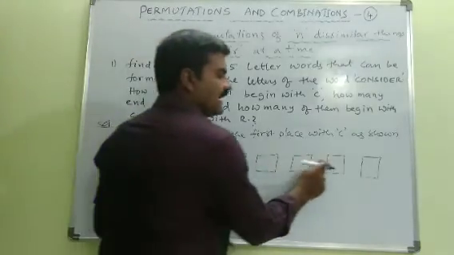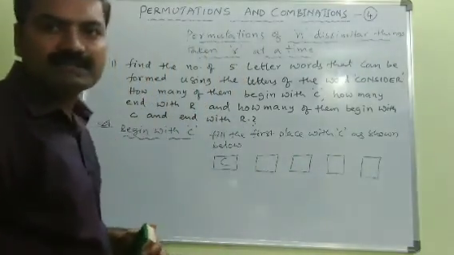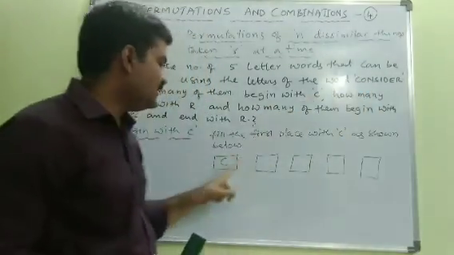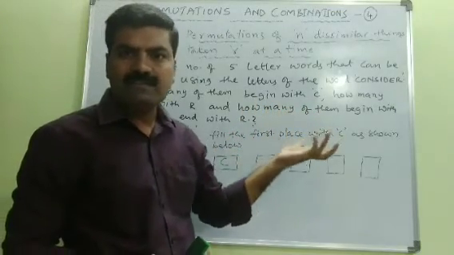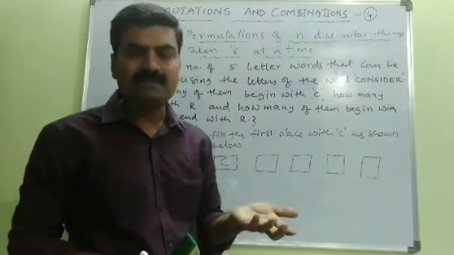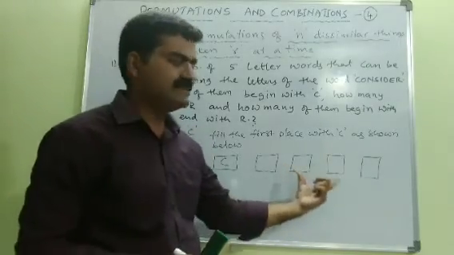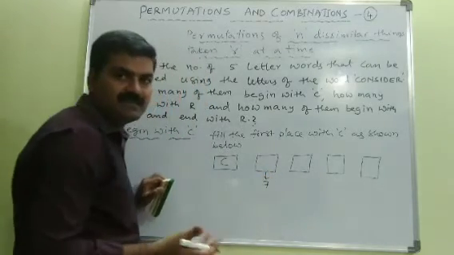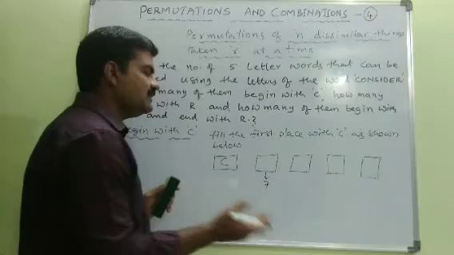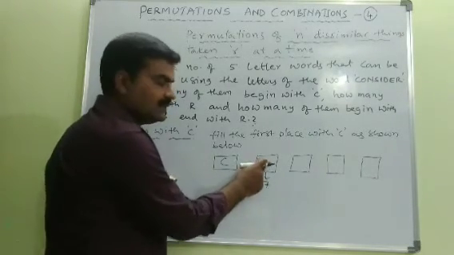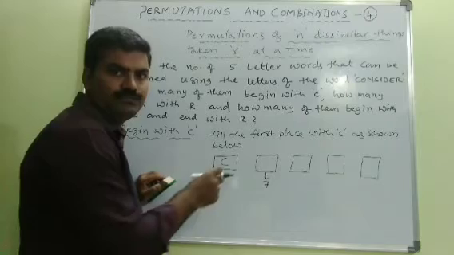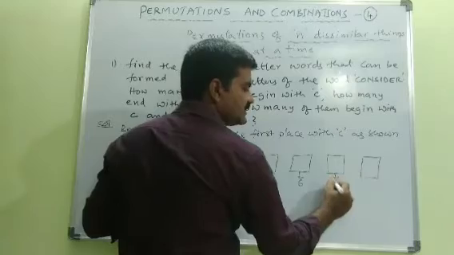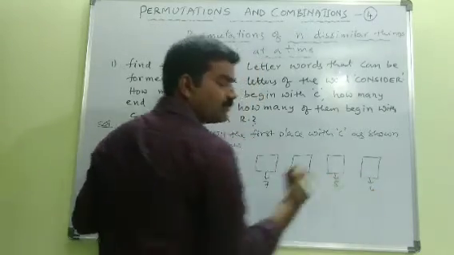Now look at me. There are 4 blanks. And how many letters did we have? Out of 8, 1 is already filled, so we are left with 7 letters. Among these 7 letters, we need to choose 4 letters. So this can be filled in 7 ways, since we have 7 letters now, and any one of them we can take here. That's why we have 7 ways to fill this second blank. Next, this can be filled in 6 ways, then 5 ways and 4 ways.